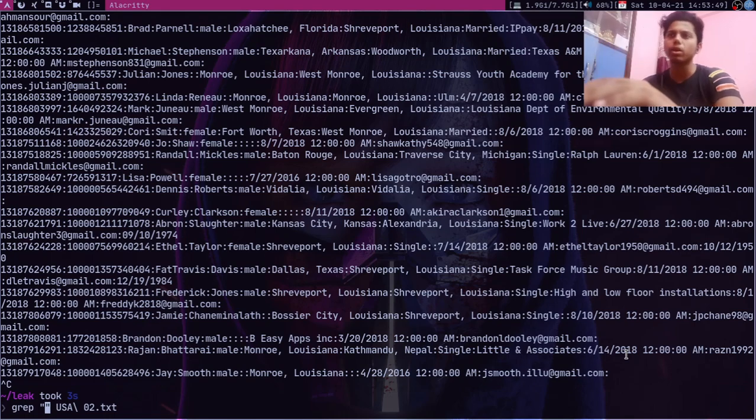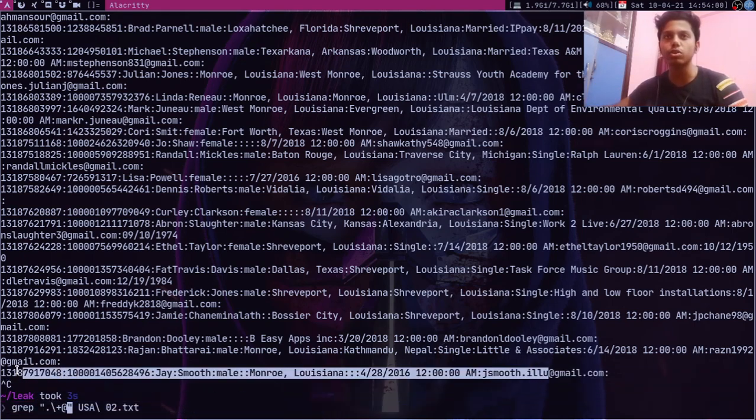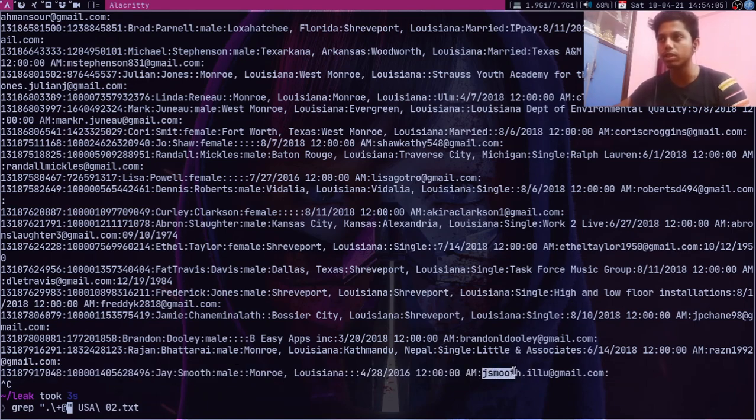Okay, so firstly what we can see is that if we just run this dot and then this, it is going to give us all the characters till the at sign, right? So till the at sign, this is going to give us all these characters. But do we want that? No, we don't. We just want this. So how can we get that? We can get that using this.